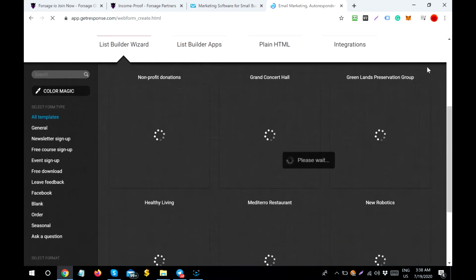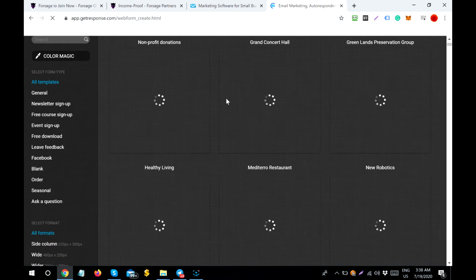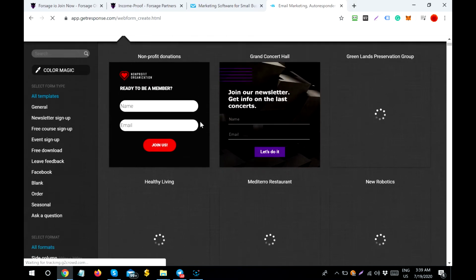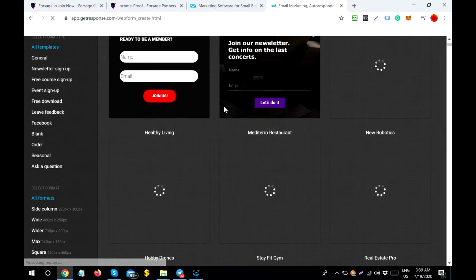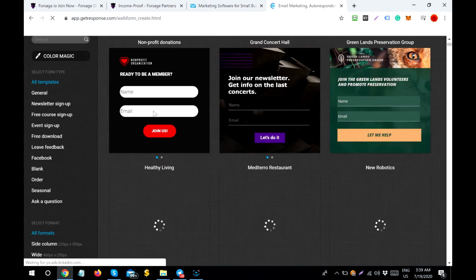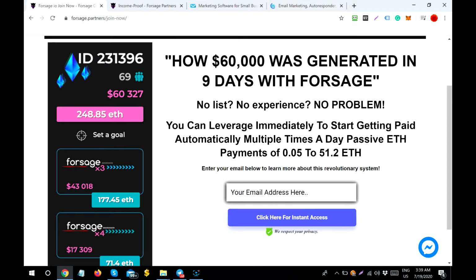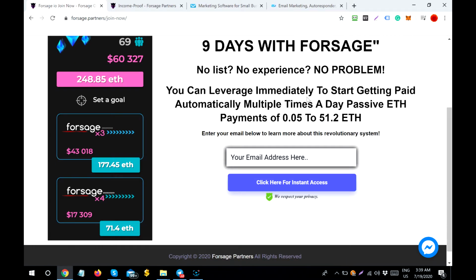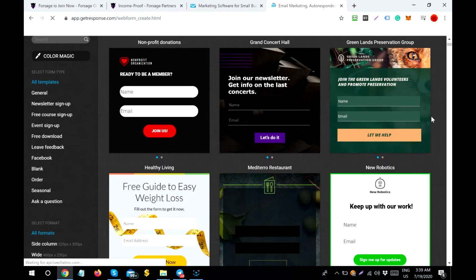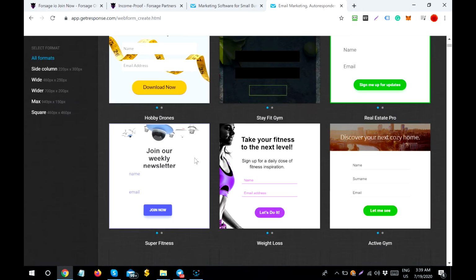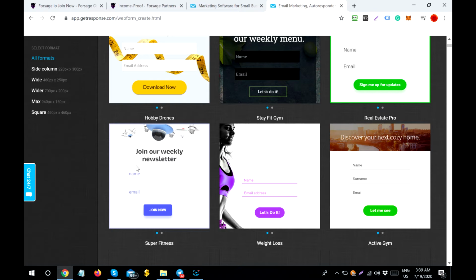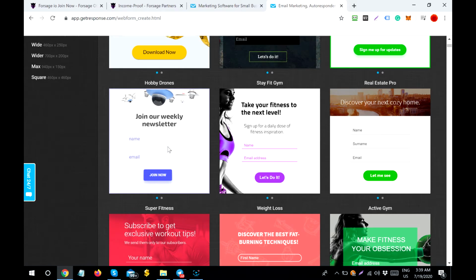Scroll down and you will see so many forms here, and the one which we need to use is right here. We do have many options, but I would suggest you use something which goes well with the background of this image, because you can see the background we have here is a blank background. So we need to use something which is white and transparent, so it goes well with your site. Here we're going to choose this one. All you need to do is click on it, and then you will see an option to update it.